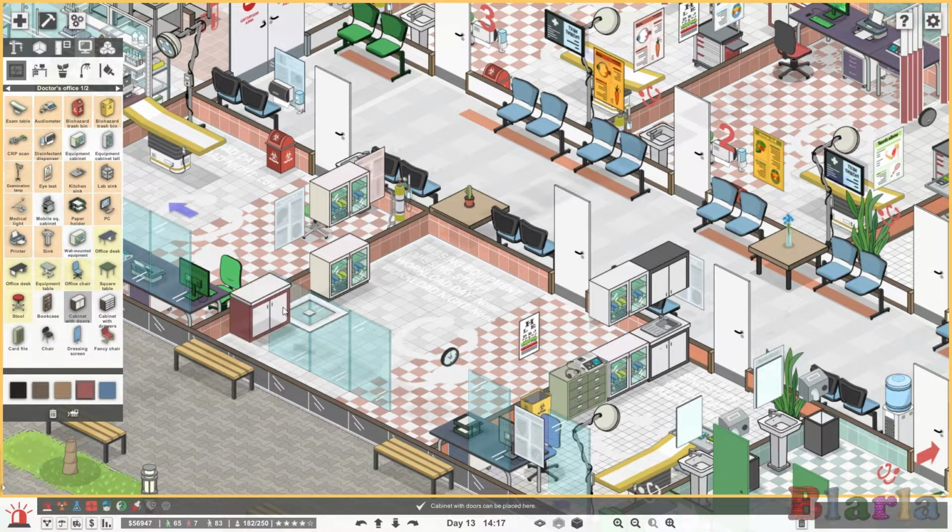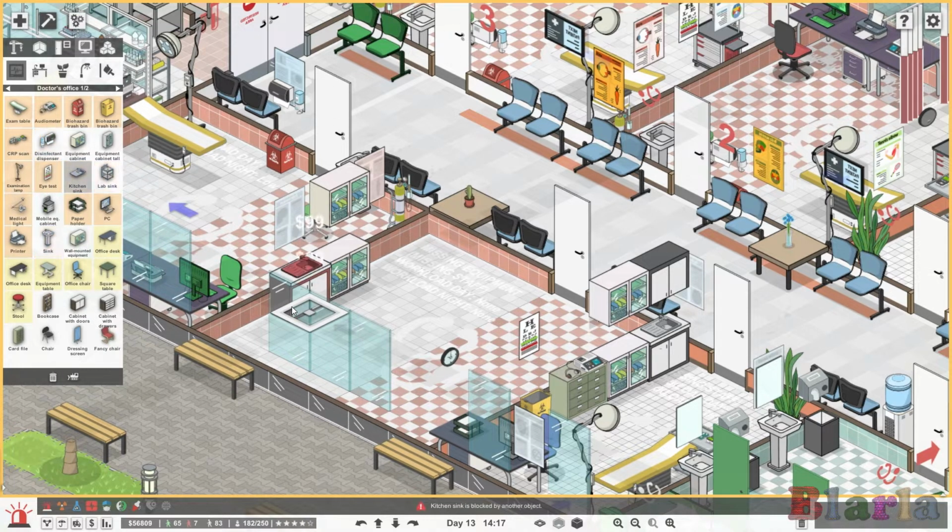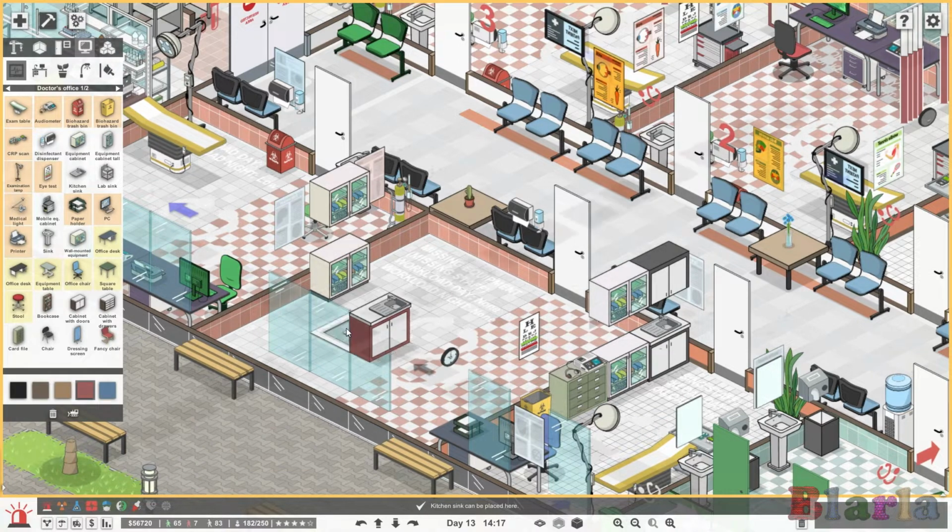And do you know, we might go with a red one, and then we can pop. Oh, and you can see it removes this sink, the lab sink, the kitchen sink, but also the disinfectant dispenser. Do you know what? I kind of like the idea of using the disinfectant dispenser. Also, a small thing to note, if you pick up an item that has another item attached to it,